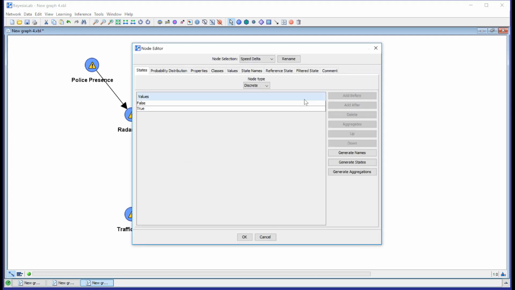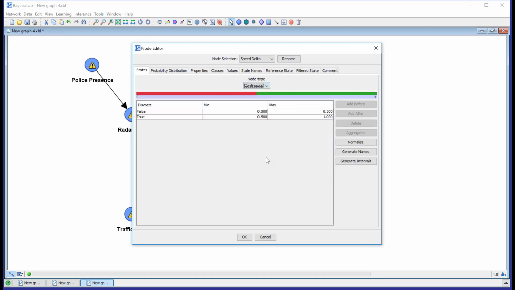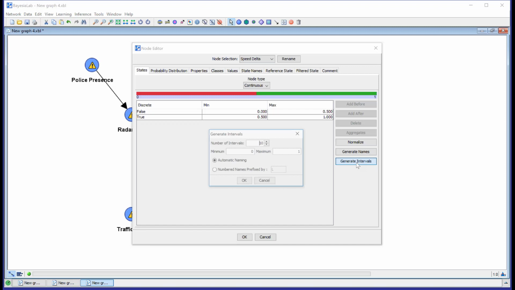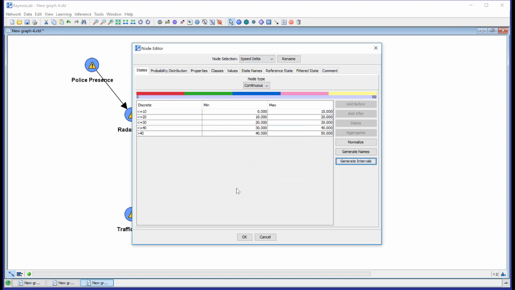For speed delta, I need to establish a range. And here I'm only interested really in the positive values, because if I have a negative speed delta, I can go as slow as I like. That's of no concern. So I will create here a speed delta from 0 to 50 miles per hour.